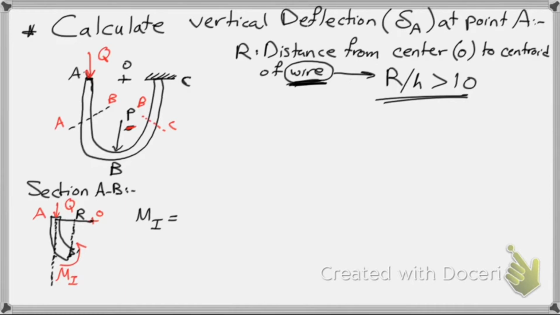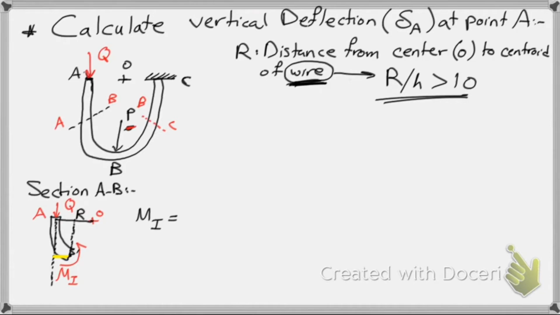And so we're looking for this distance. So let me use a different color. We're looking for this distance from the centroid to the line of action of the force, right? Because that's the definition of moment. Right, so we're looking for this distance, and it's basically,